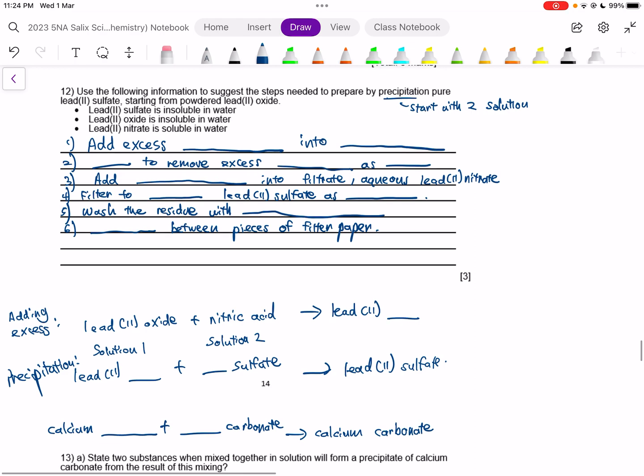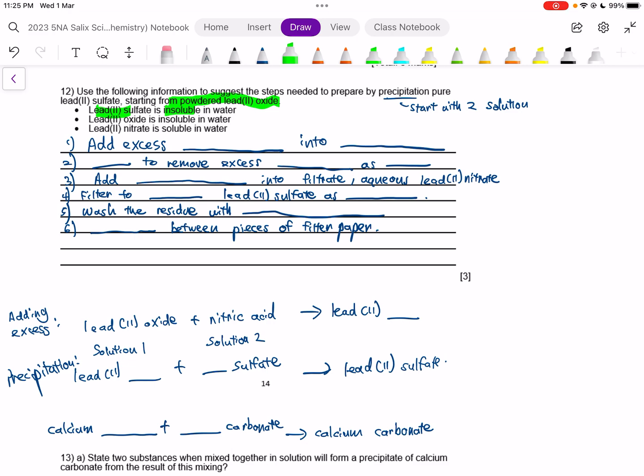For question 12, use the following information to suggest steps to prepare by precipitation pure lead-2 sulfate, starting from lead 2 oxide. You are told certain information, like lead 2 sulfate is insoluble, so definitely prepare by